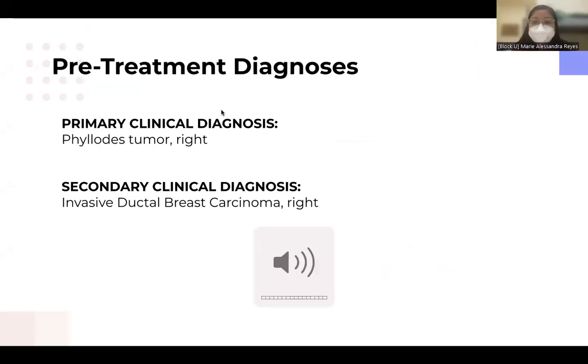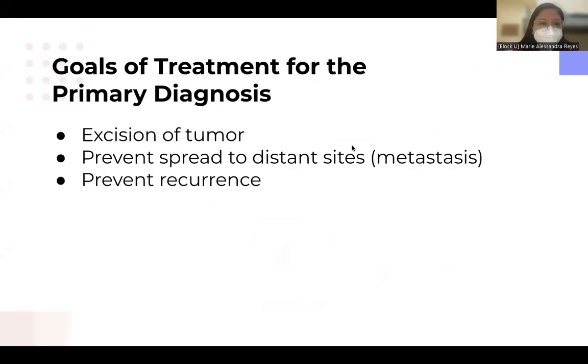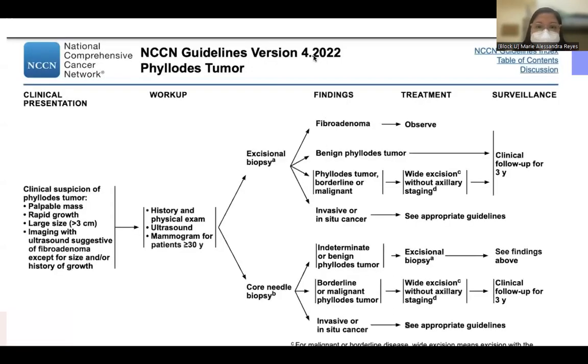So for the treatment, the goals of treatment of our primary diagnosis, which is phyllodes tumor, are excision of the tumor, prevention of spread to distant sites, and prevention of local recurrence. This image shows the NCCN guidelines for treatment of phyllodes tumor. So as you can see here, phyllodes tumors are